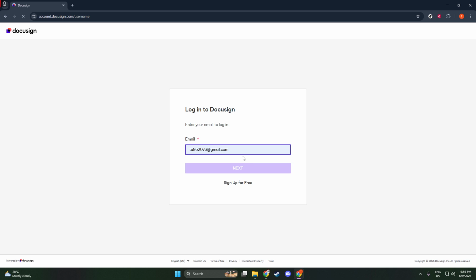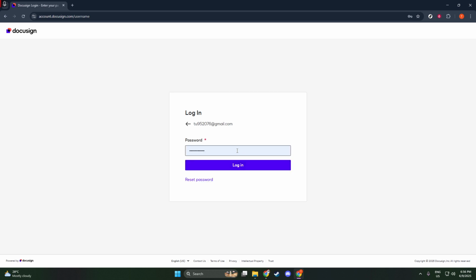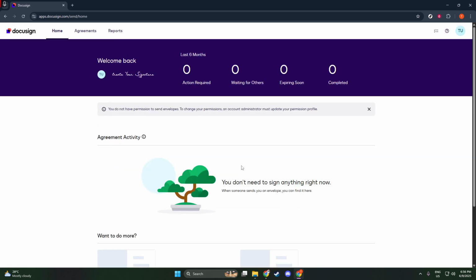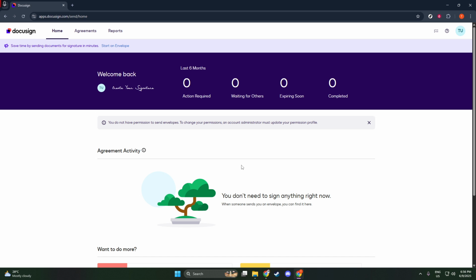This step is intuitive. The login process remains identical regardless of the account you wish to access. It's crucial to ensure you have the correct login details before attempting to access a different account to avoid any interruptions or unnecessary delays. And there you have it. Within just a few simple actions, you have swiftly navigated the logout and login functions to change your Docusign account effectively. This procedure is not only simple but also efficient, designed to keep your workflow uninterrupted and your digital documents